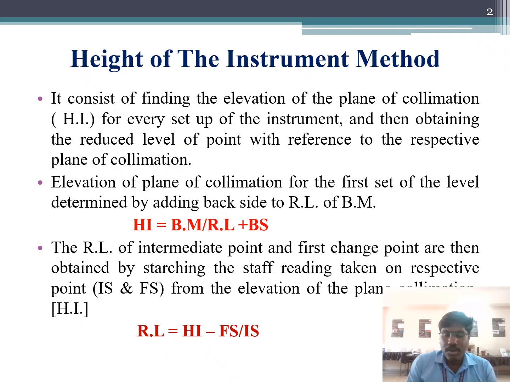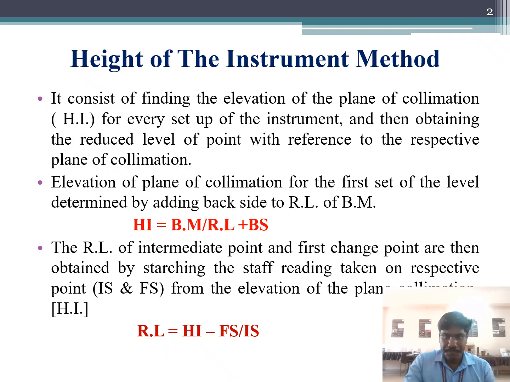The height of collimation method is also called the height of instrumentation method. It consists of finding the elevation of the plane of collimation for every set of instrument and then obtaining the reduced level of a point with reference to the respective plane of collimation. Height of instrumentation is equal to the given benchmark value plus backside reading. Whenever we are taking measurements in the field with the dumpy level, the first reading is taken as backside reading. When the backside reading is added to the reduced level, that means the benchmark value,